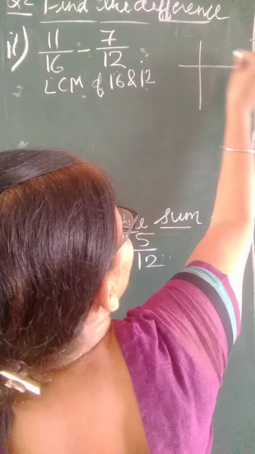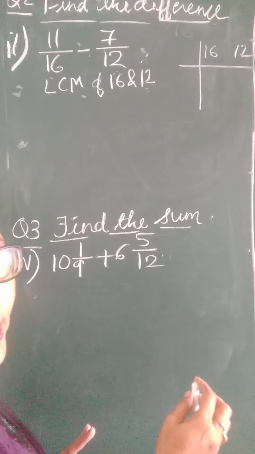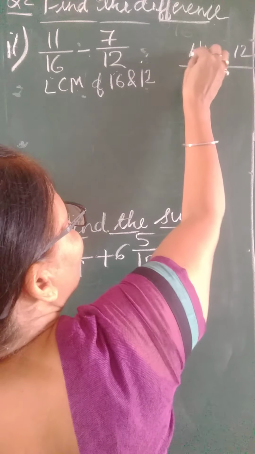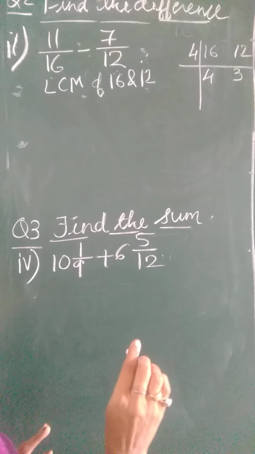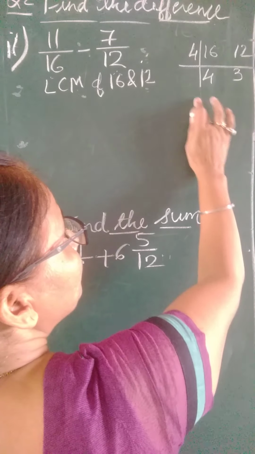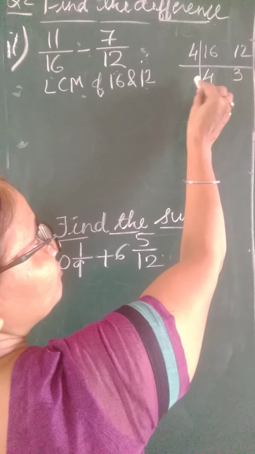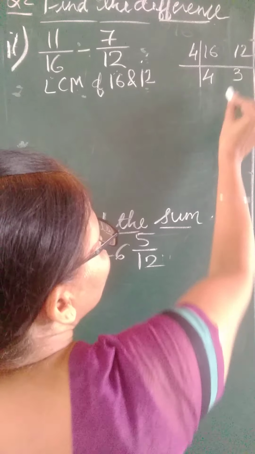See, you will do it like this. This is 16 and this is 12. Now both the numbers are divisible by, directly also you can divide, let me divide it by 4. So here I will get 4 4s are 16, 4 3s are 12. Now can we divide this 4 and 3 by any same number? No, this 4 is divisible by 2 as well as by 4, but this 3 I can't divide, so here I will stop the division.